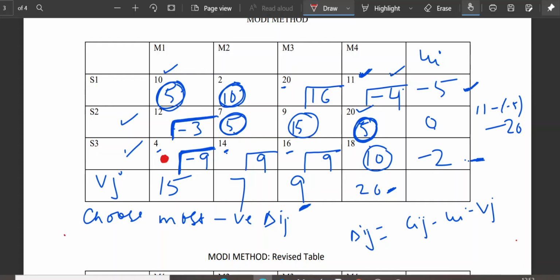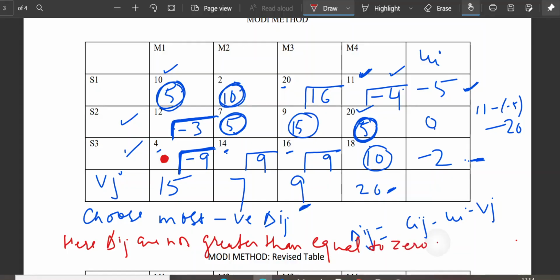Here delta ij are not greater than or equal to 0. So the optimal solution has not been reached and we have to modify our table now.